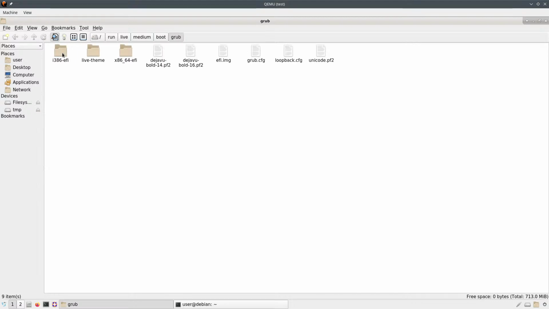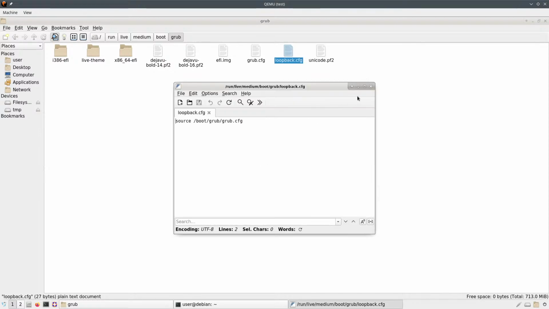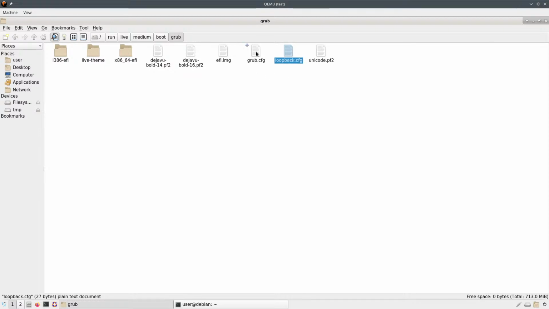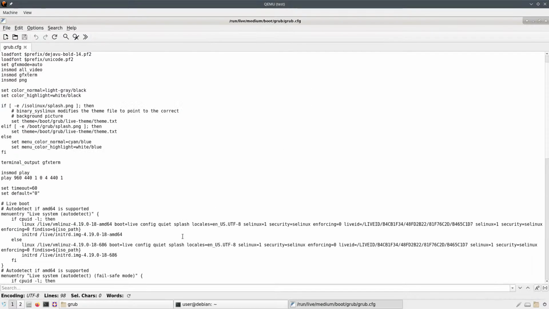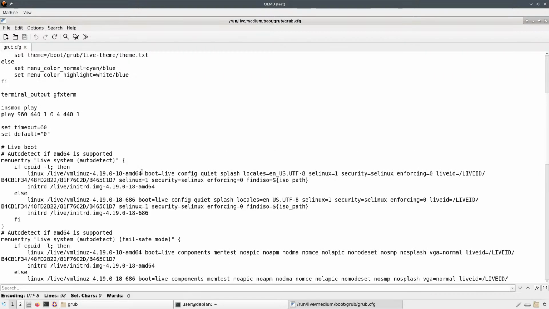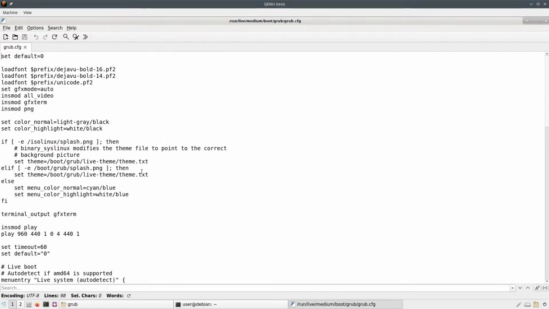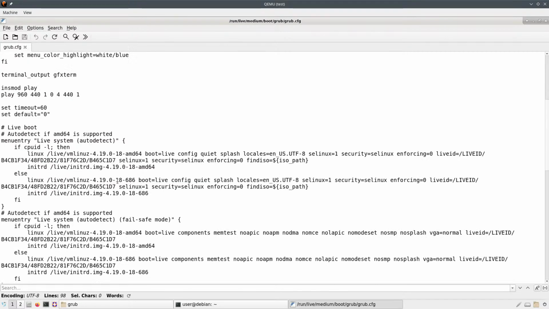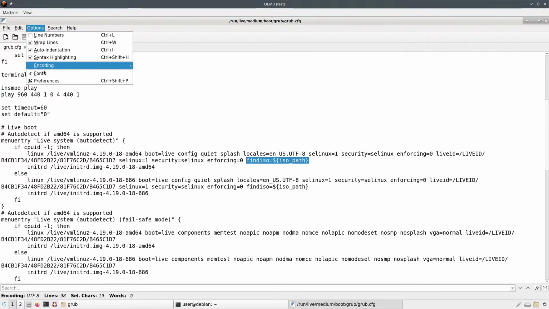a boot grub loopback.cfg file, which just sources grub.cfg, which has an improvement here, which is that you have the find ISO. So you have find ISO with ISO path. And do we have highlighting here? Yes. Can we change the highlighting to something else?